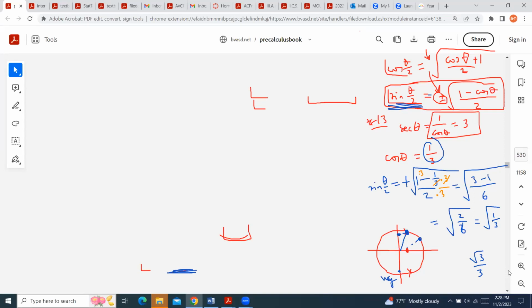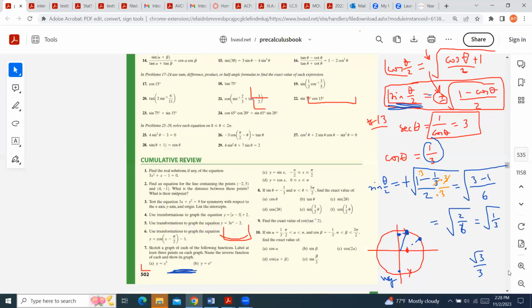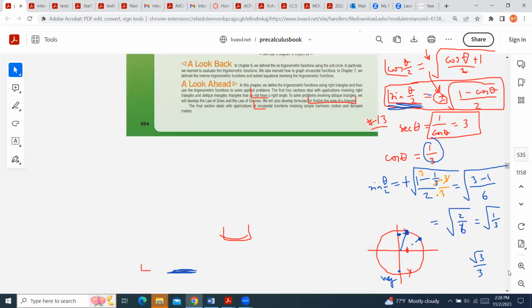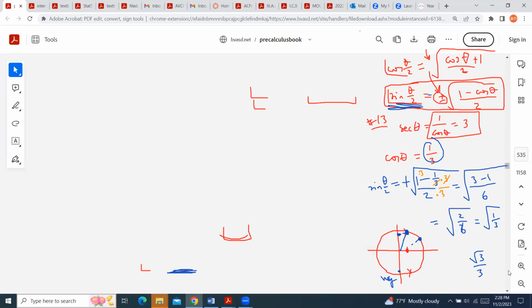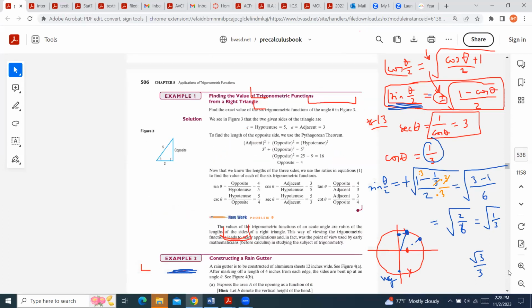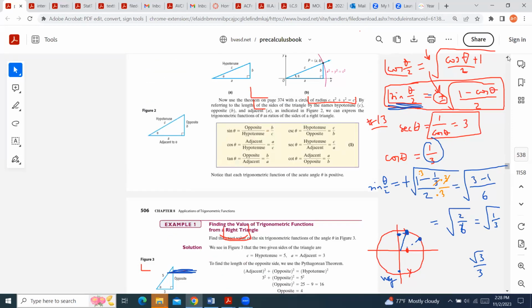So now I hope this textbook will always be with you, saved, when you take these calc classes. And I think these last pages are very, very useful when you have something to do with trigonometry, because it's a nice summary of all these formulas. It's easy to find whatever you need. So what they do here is they give you a couple of very interesting definitions, and that's what I wanted to discuss today. So if you have a triangle